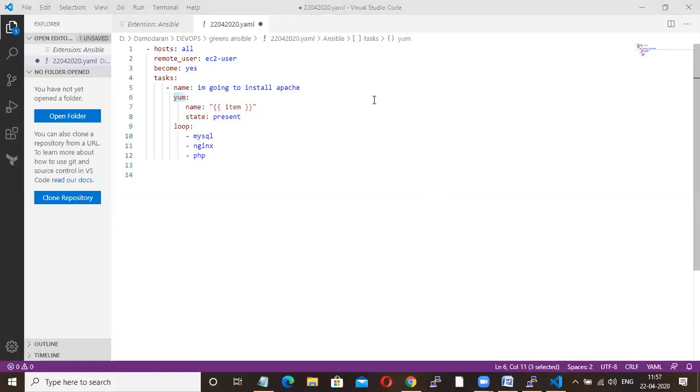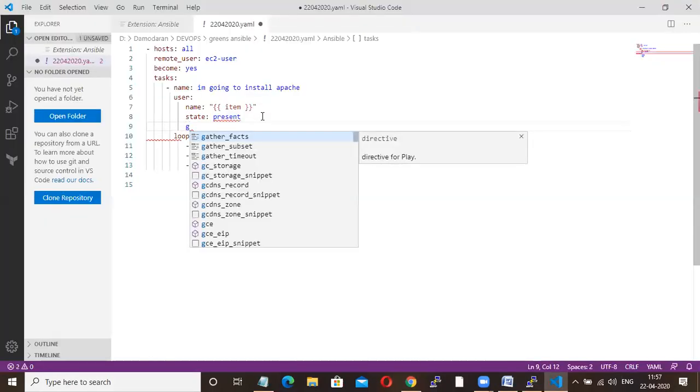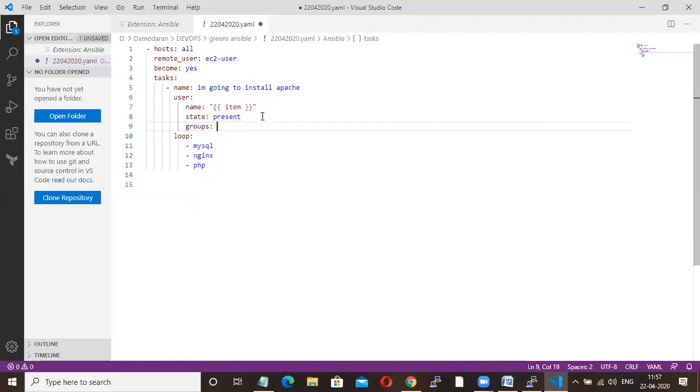Okay, fine. Now, if you want to create multiple users, what will you do? Here, instead of yum, you will use user, then groups. I'll make it as admin.